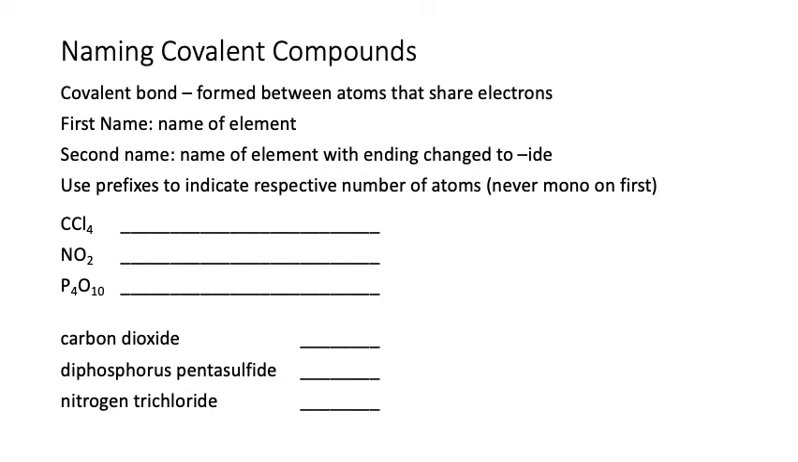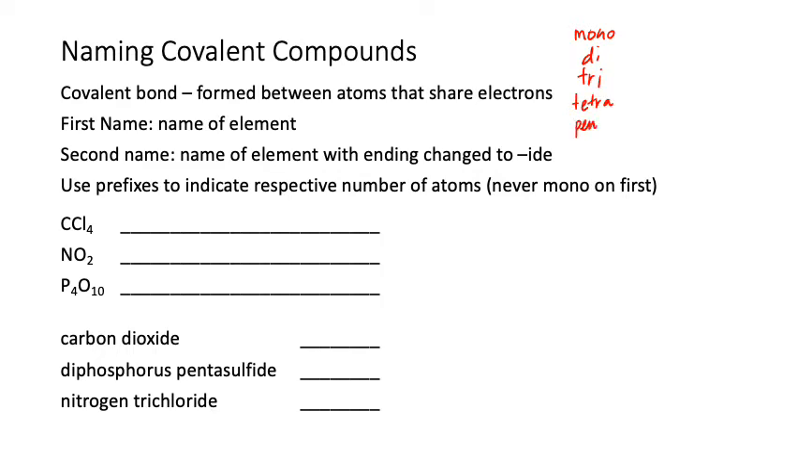Here where our difference comes in is that we have to use prefixes to indicate how many atoms there are. We didn't have to do that with ionic compounds because we knew that their charges had to be balanced, and so that would dictate what type of numbers we would use when we were going from name to formula. But here, since we're not dealing with charges, we're going to have to use these prefixes to indicate their respective numbers. And so the prefixes we use, I'll just write them up here, are going to be mono, di, tri,